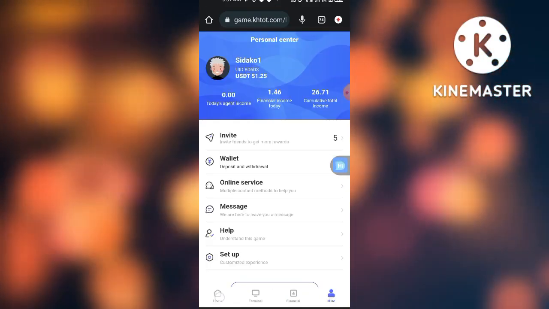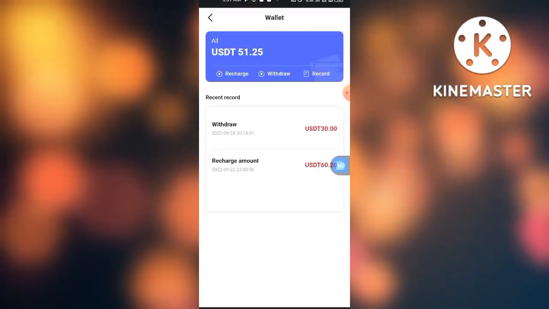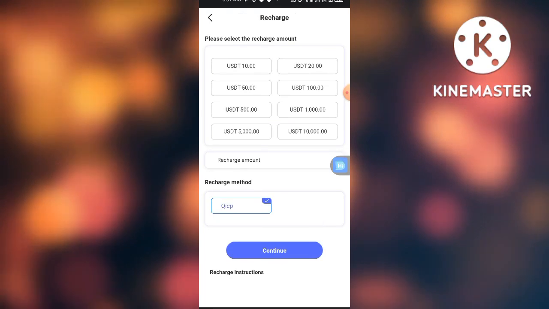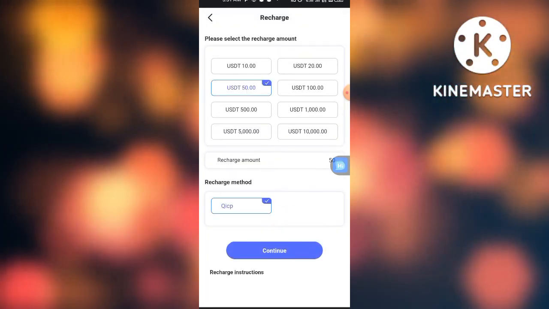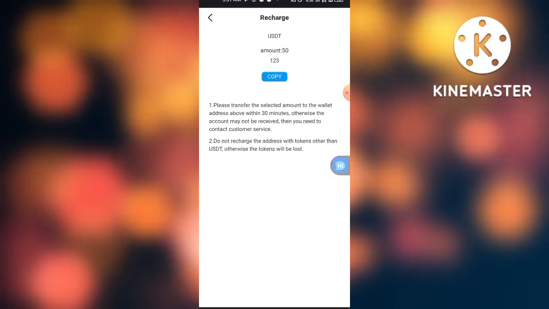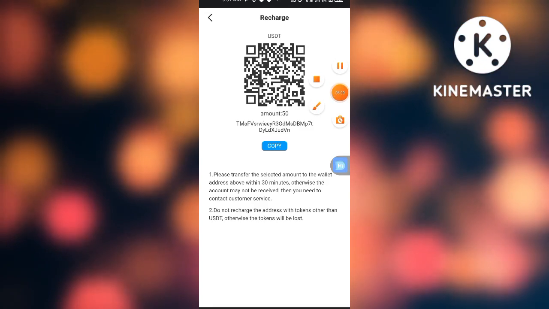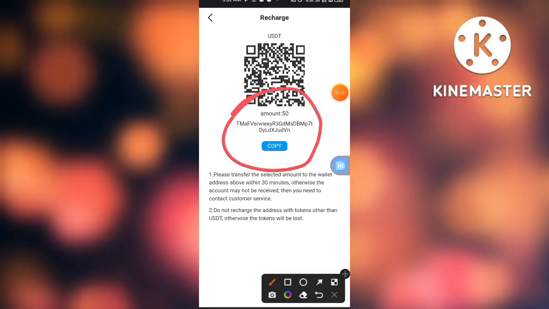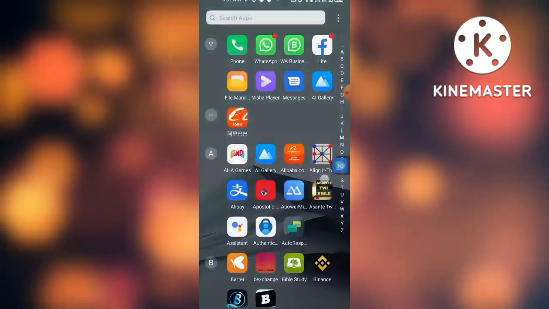So you go to the home, and then you tap on wallet, and then you go to recharge. Under recharge, you tap on the amount that you want to recharge. I'm going to recharge, let's say 50 USDT, and then you click on continue. Now you copy this particular link here. You copy the address here, and then when you copy the address,